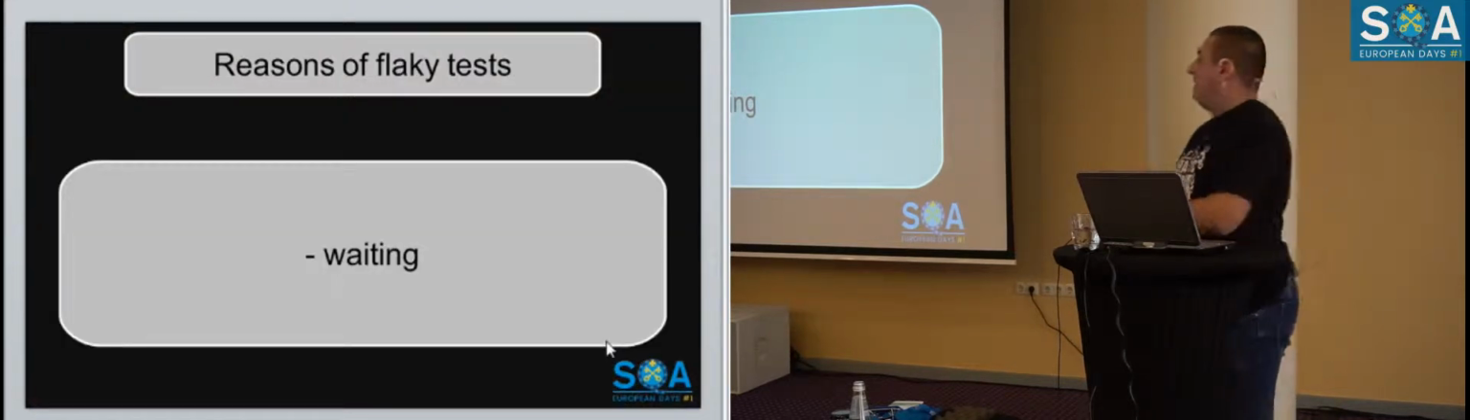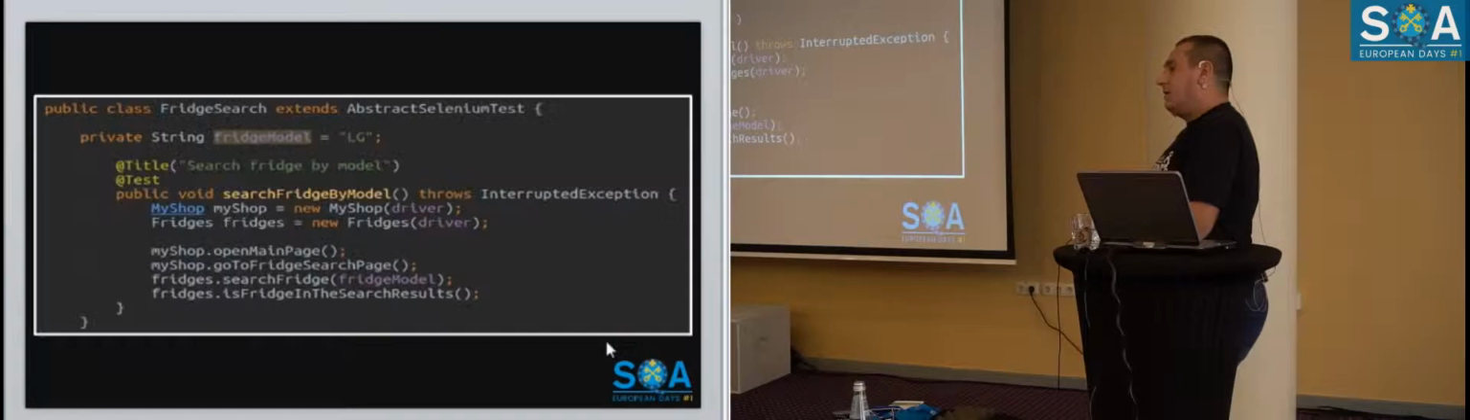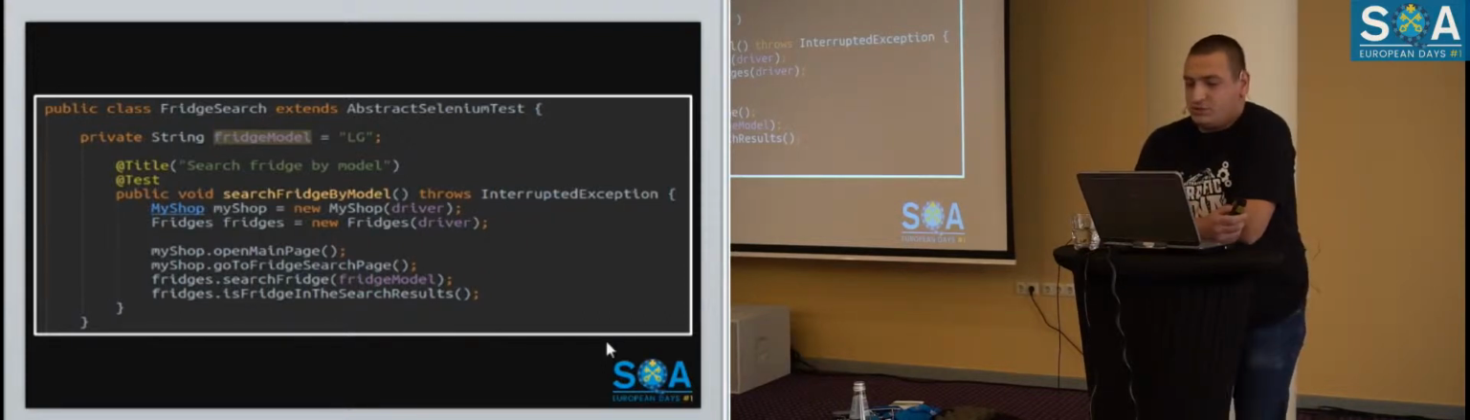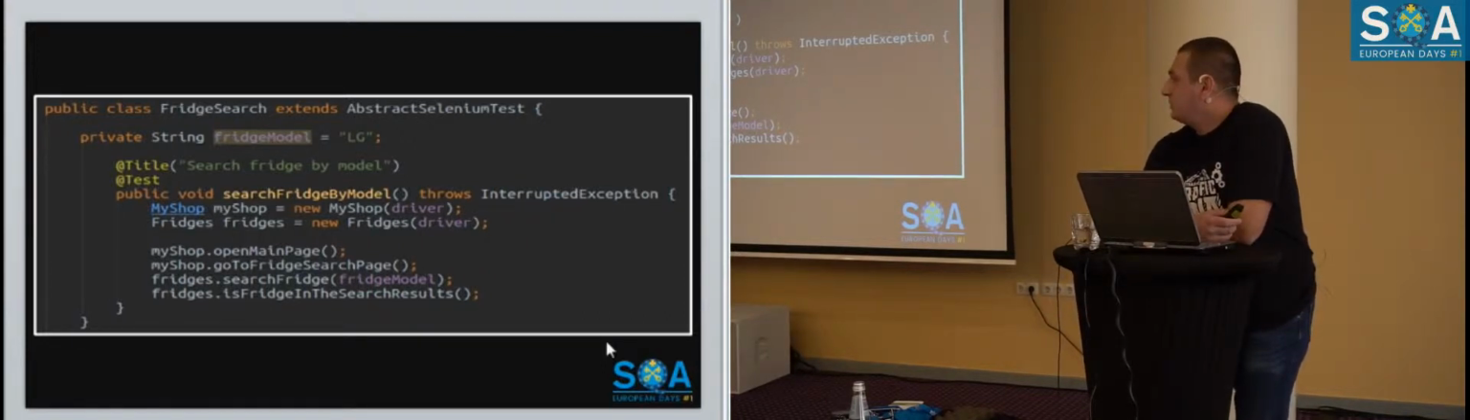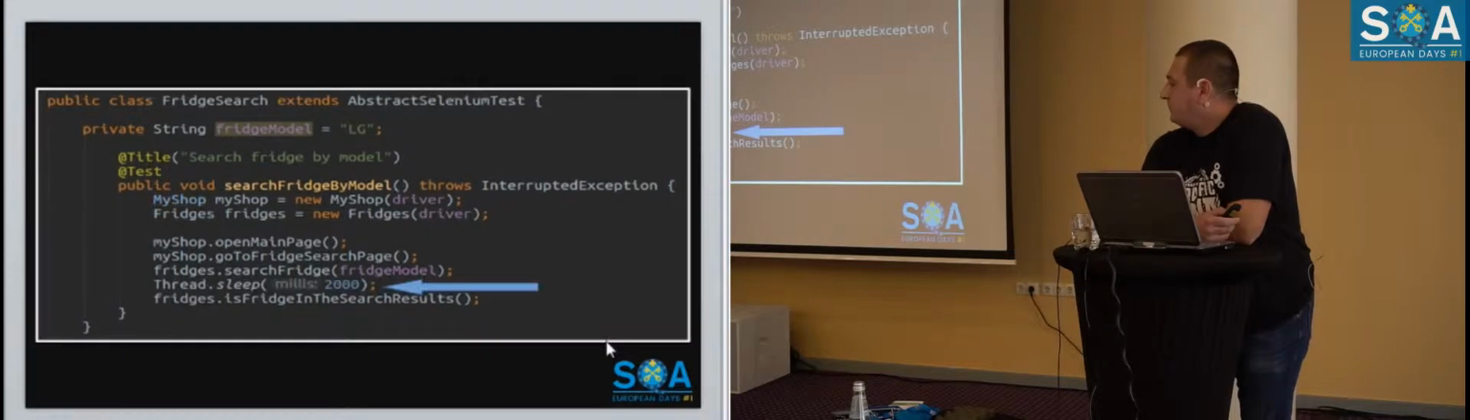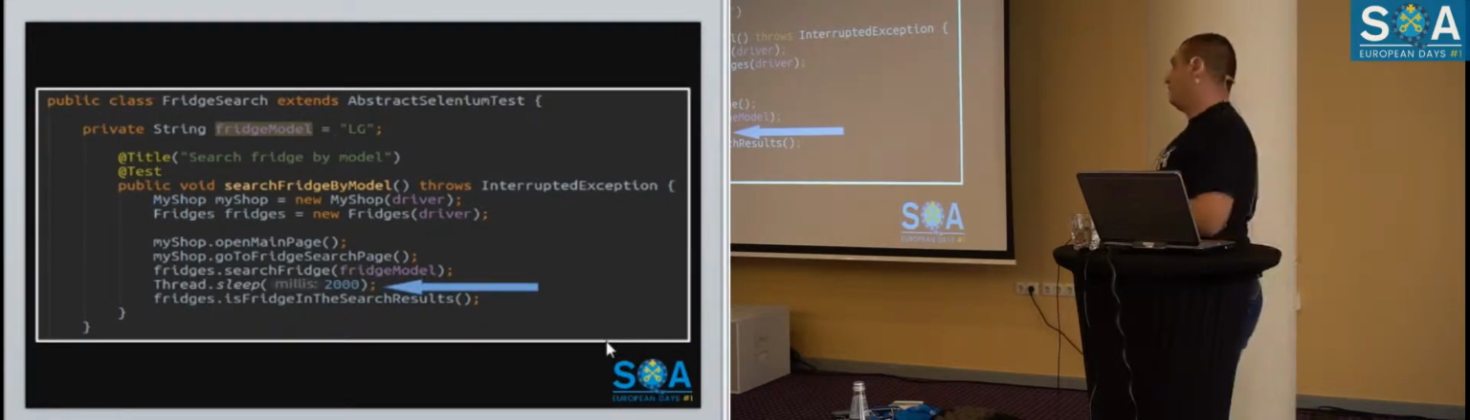So the main problem, or the main reason here, is waiting. Let's go back to the fridge case. So we open the fridge selection page, we look for our brand and make sure that it is reflected in the results section. Oftentimes, you click the search button and your results do not appear immediately on the page. You see that the results take 1 second to pop up, and typically here's your solution. You enter a 2-second